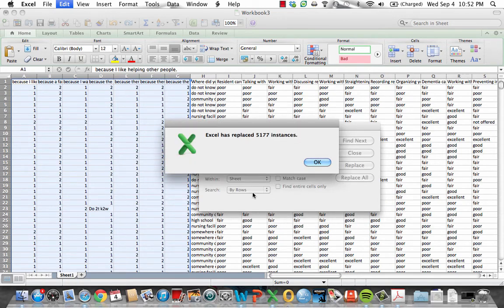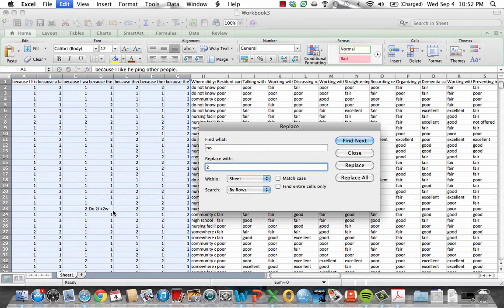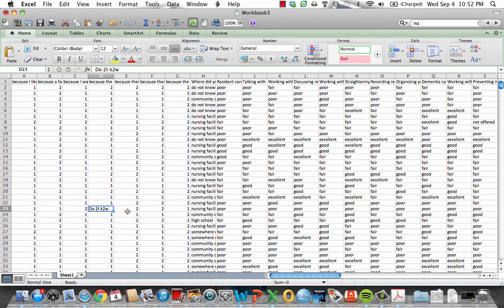Then we actually have created a problem, because this particular cell was actually do not know. Well, it looked for the string of characters NO, and we said replace it with a 2. And so what happened was it saw NO in that cell and replaced it with a 2. And so now this cell no longer says do not know. So in our sequencing, we would actually need to replace the do not know cells before we replace the simple